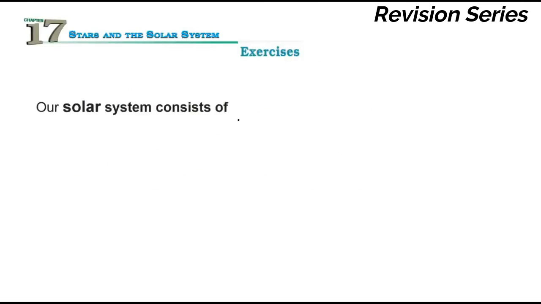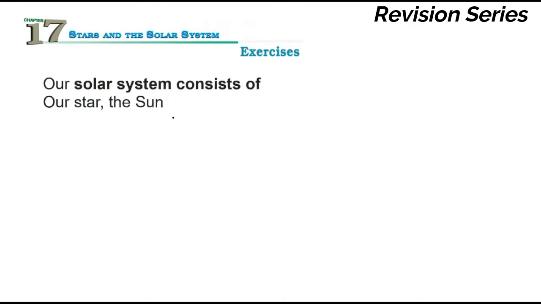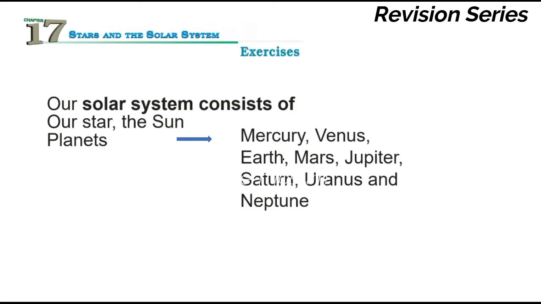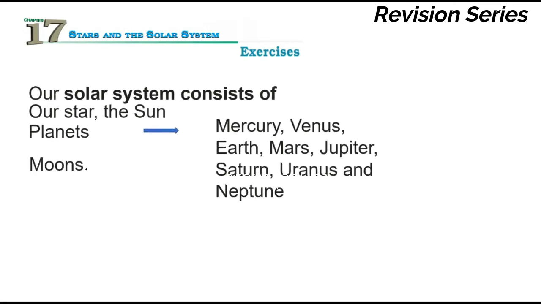Solar system consists of mainly a star which is called sun, right? And then followed by all the planets which are revolving around the sun. And what are those planets? They are Mercury, Venus, Earth, Mars, Jupiter, Saturn, Uranus and Neptune, right? The planets will revolve around the sun. And then other than these, there are heavenly bodies which are revolving around these planets. They are called satellites or moons, right?